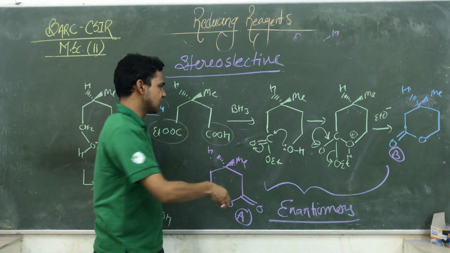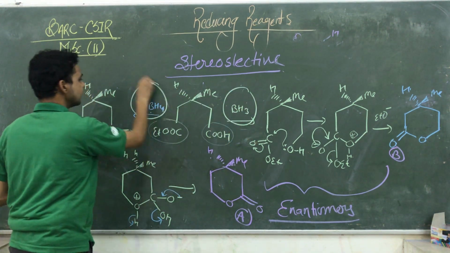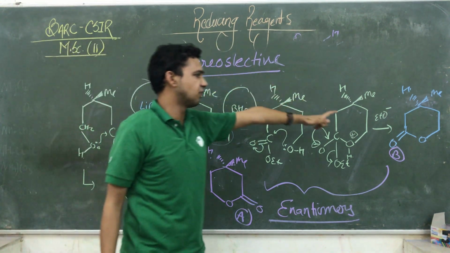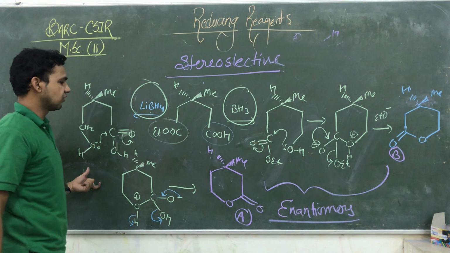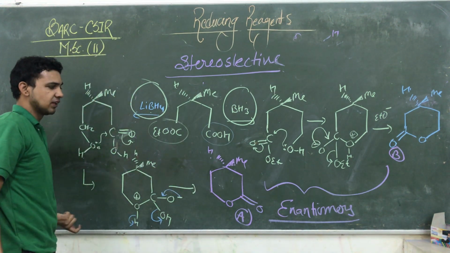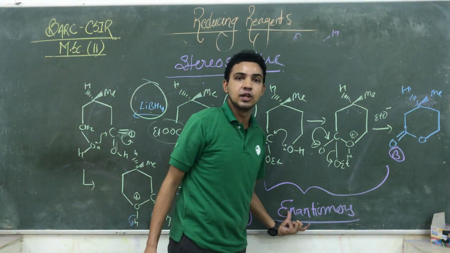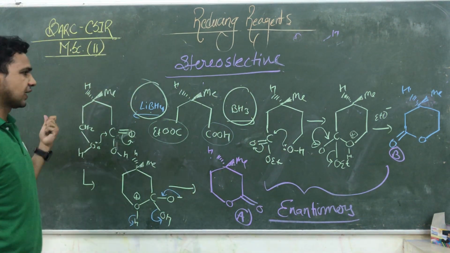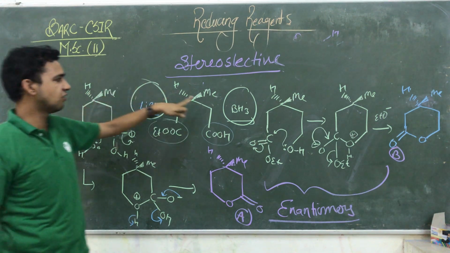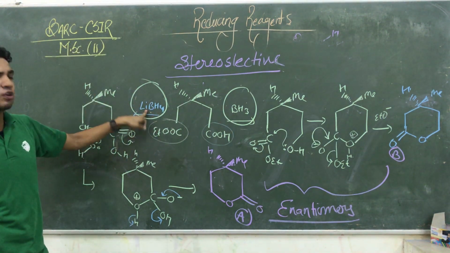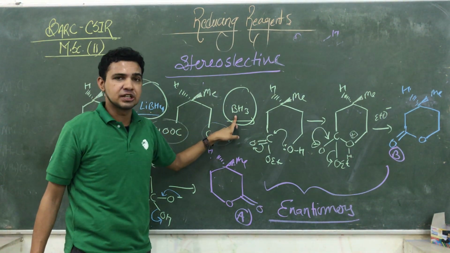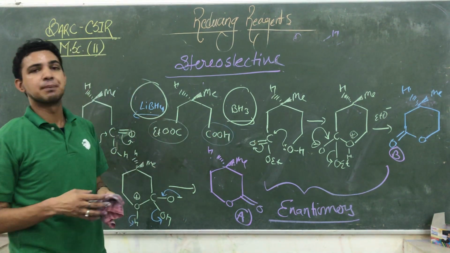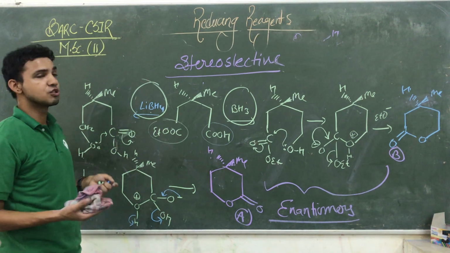It depends upon the nature of the reducing agent. In the same compound, the reduction takes place. One is giving you such type of compounds, the other will give you such type of compounds, and both behave as enantiomers. It is a stereoselective reaction. So that is the stereochemistry in the case of BH3 and LiBH4. Especially we are talking about the BH3 compounds. Okay. See, so that is a very good example of stereoselectivity.